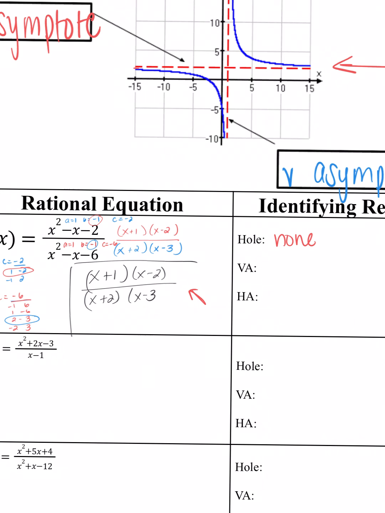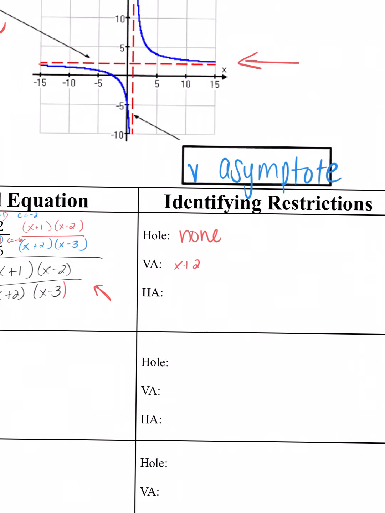All right, now looking at our vertical asymptote, we are looking for the parts that are not canceled out in our denominator, okay? So in this case, I have x plus 2 that's not canceled out, and x minus 3 that's not canceled out. And what I want to do with those is just set them equal to 0 and solve, okay? So in this case, I would have x equals negative 2, and in this case, I would have x equals 3. And those would be my vertical asymptotes, x equals negative 2 and x equals 3,